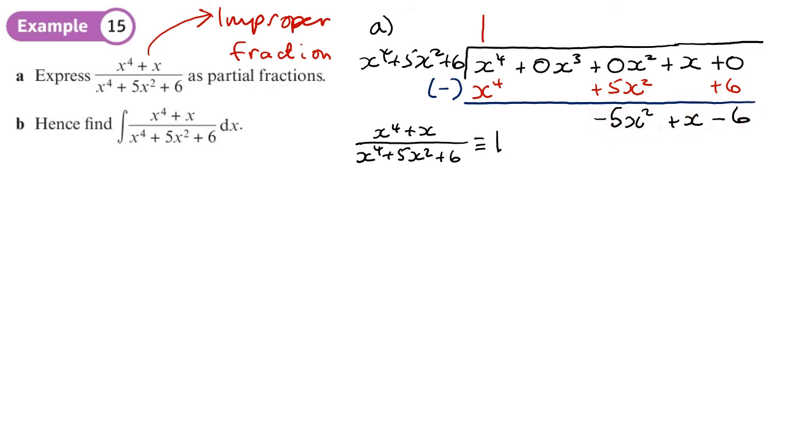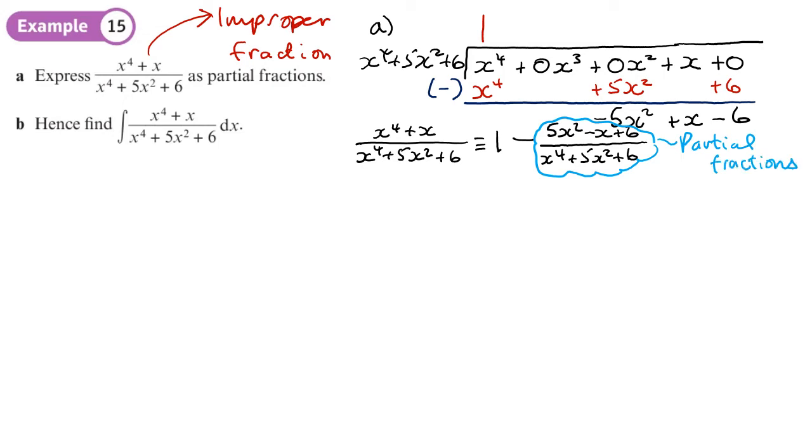Now, because I've got a couple of minuses there, I'm going to put the minus here and change the signs of these, over my divisor. Right, so you'll remember from Pure 2 that now I do partial fractions on this part. So it's going to be 1 minus something. Right, so I want 5x squared minus x plus 6 over x to the power 4 plus 5x squared plus 6